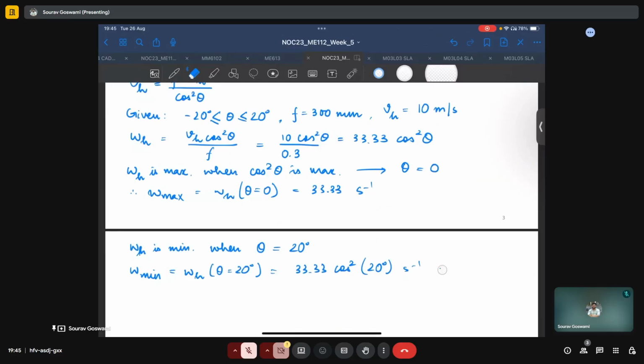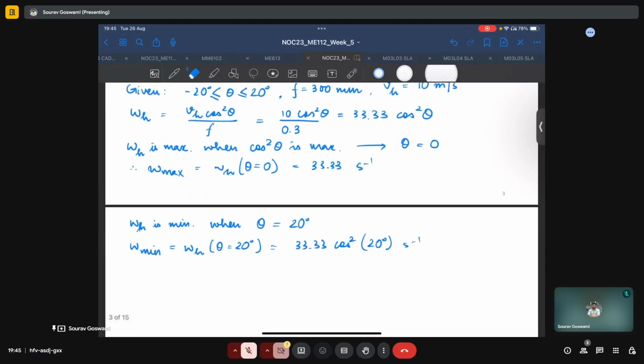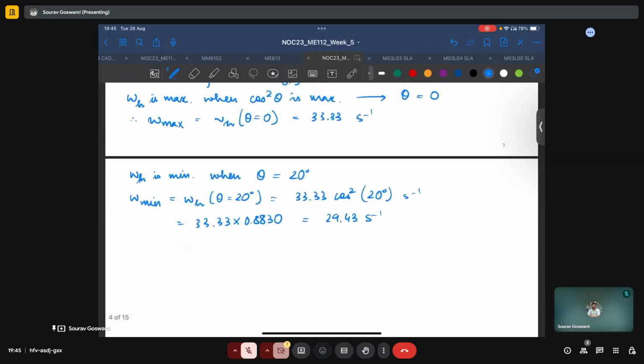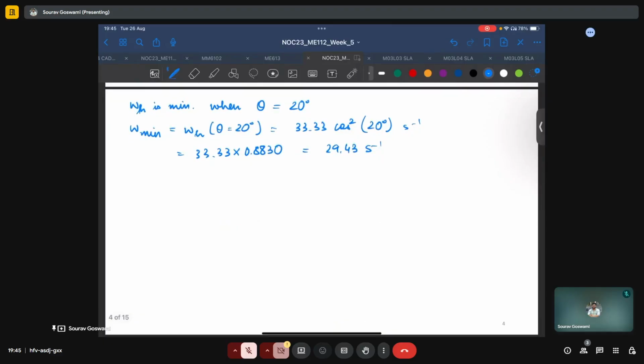So this will come out to be 33.33 times 0.8830, which comes out to be 29.43 radians per second. Thus, for the given range of theta, to obtain a constant velocity on the print surface, we have obtained the necessary range for angular velocity, and that is given by: to maintain the velocity equal to 10 meter per second,